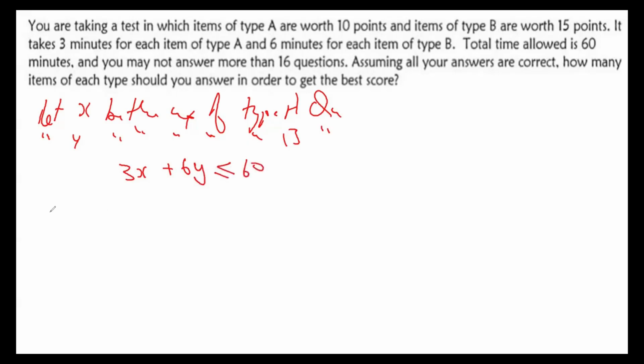So that's a constraint. And they mentioned you couldn't answer more than 16, so x plus y must add up to 16 or less. And of course, you can add that x must be greater than 0, y must be greater than 0,